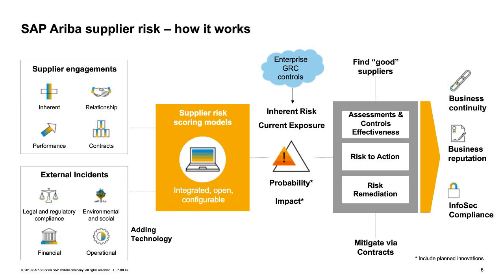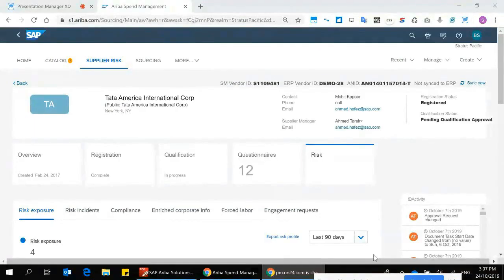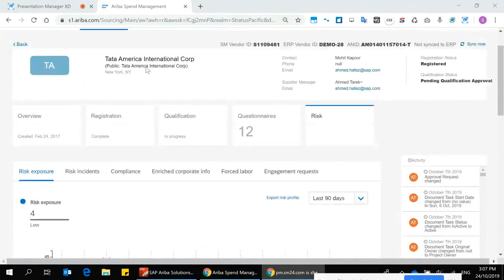I'm currently in Ariba Supplier Risk Management, and for any users on the call today who are already using Ariba, it's embedded directly within your Ariba solution. This is part of the integrated solution approach that the research was talking about earlier. I can see this supplier has been part of our SLP supplier lifecycle management onboarding process. So the first key takeaway is, if you're managing a supplier within the Ariba solution, this risk tab automatically becomes available.